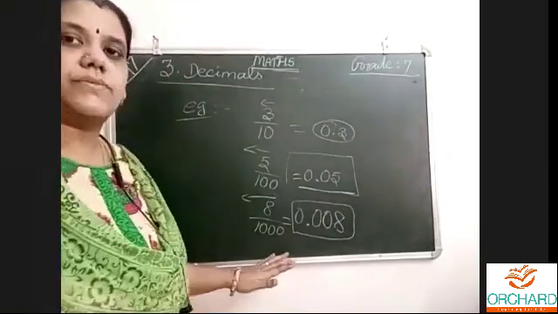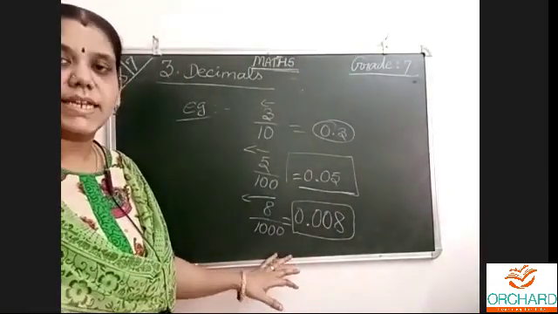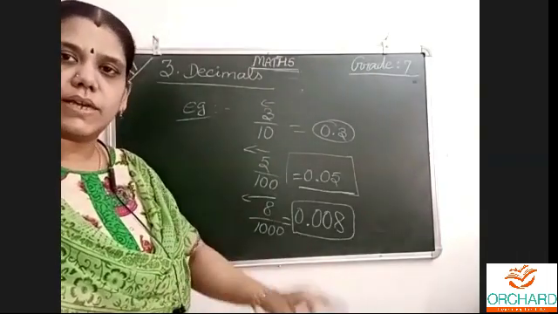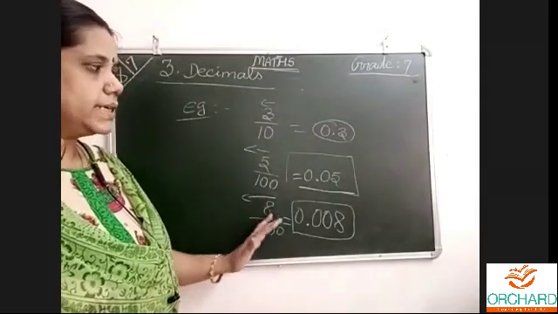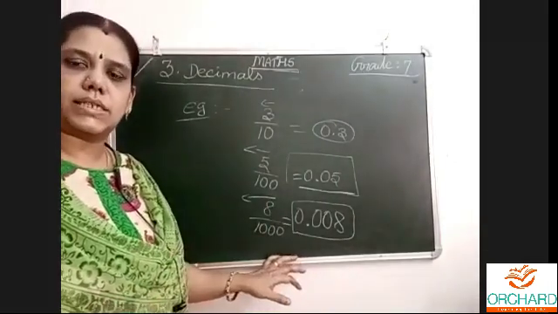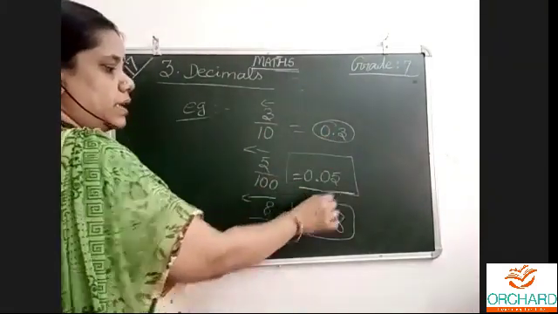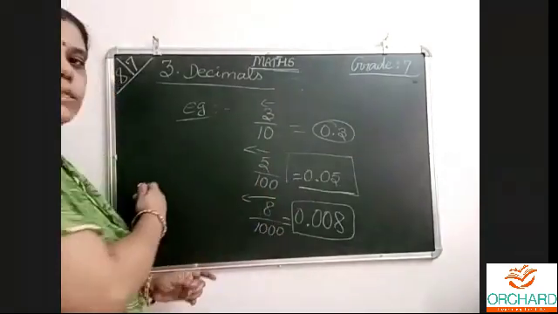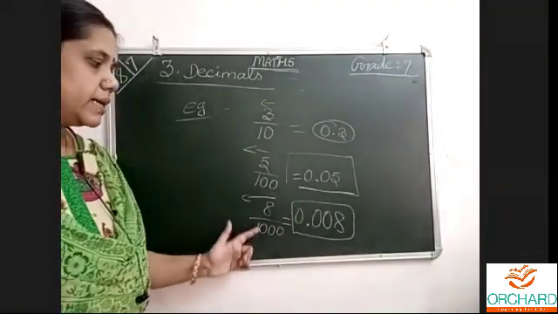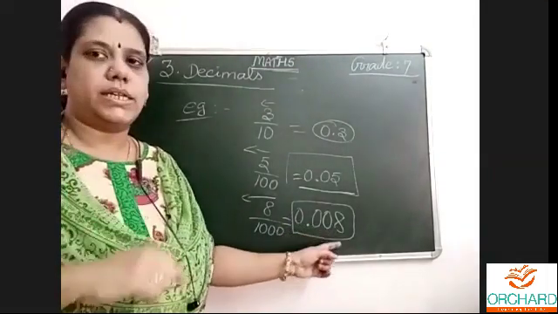These are all things I taught you last year itself. I know that for that reason many are giving correct answers. Last year we saw integers, decimals, everything. It is repeated, but still it is important. This is the basic introduction. Dividing by 10, 100, 1000 means from the last, move towards the left side, since we are dividing.